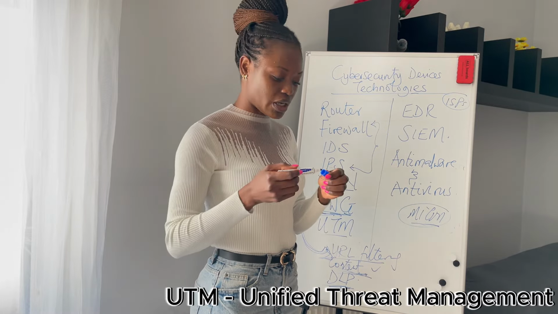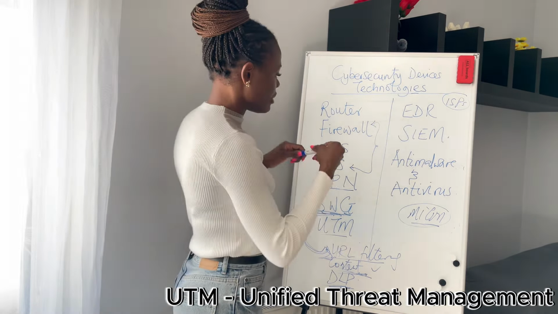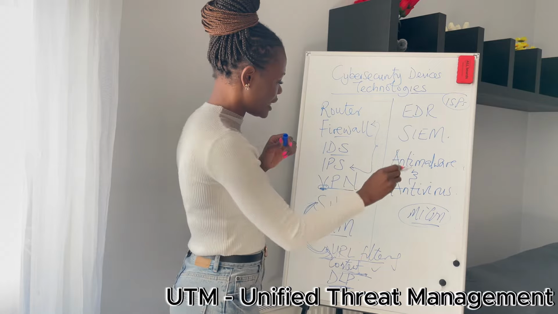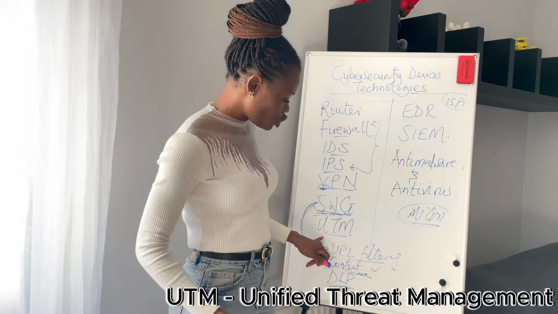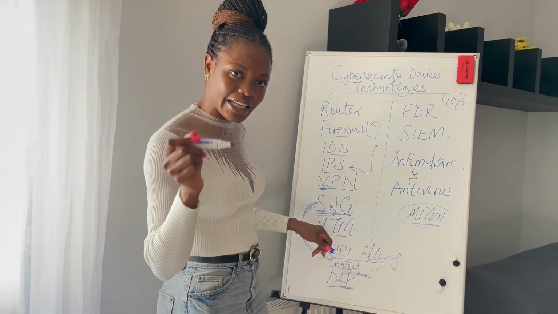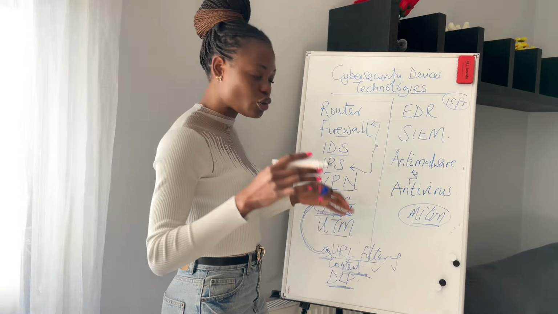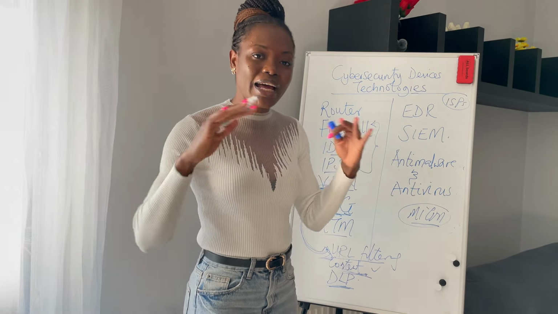The full meaning of UTM is Unified Threat Management. I mentioned firewall here, mentioned IDS, mentioned IPS. So unified is exactly as the name implies in English. So it's a unified threat management, to manage all of your threat